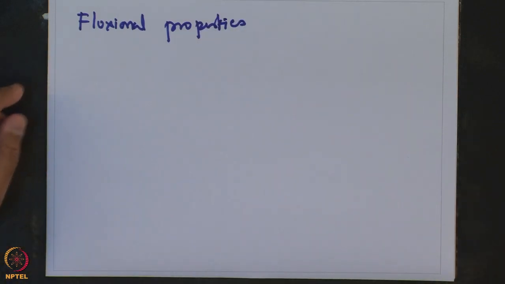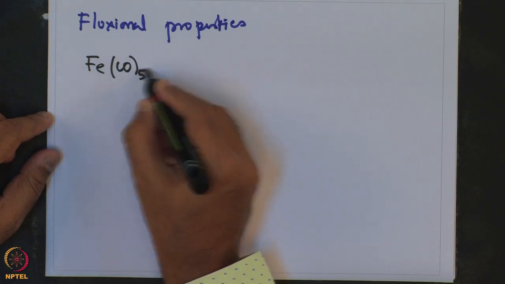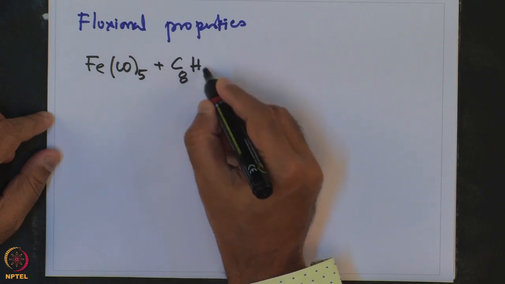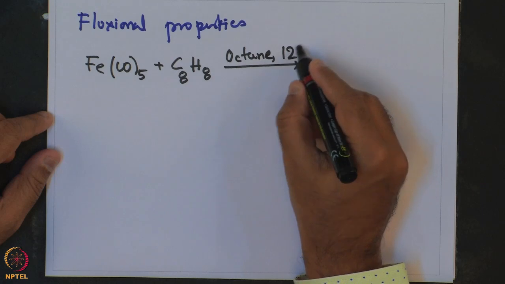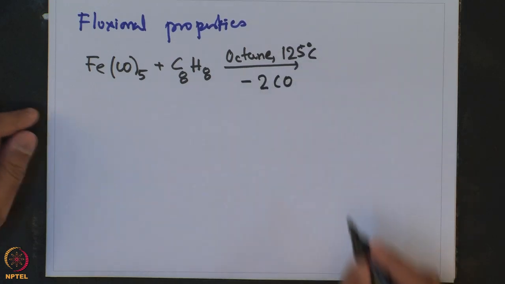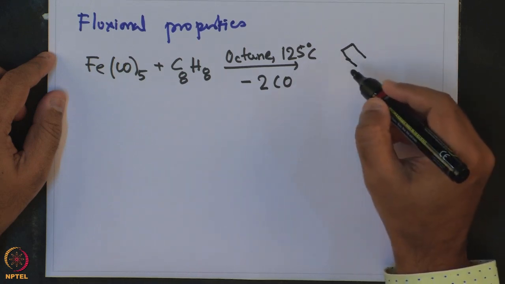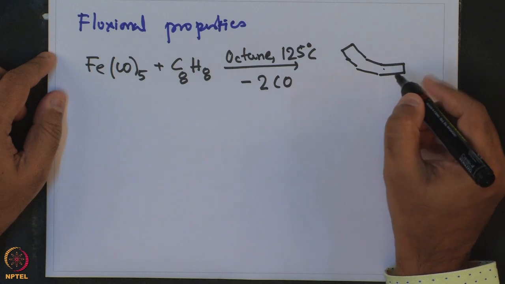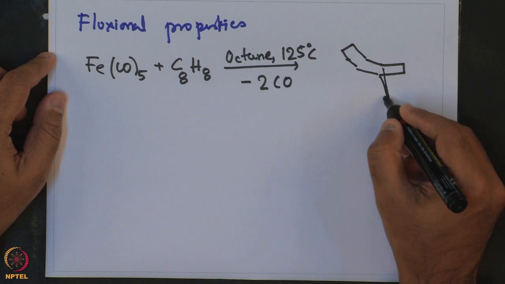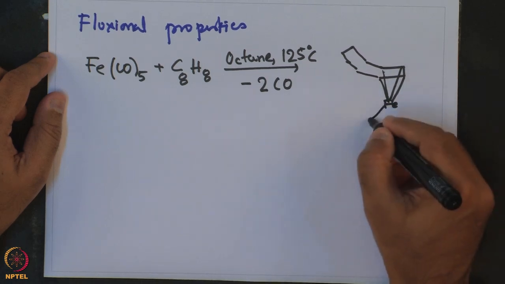In particular, the reaction of Fe(CO)5 plus C8H8 in octane at 125 degrees centigrade eliminates 2 COs to give this kind of complex where the C8H8 ring is bound in an eta 4 fashion to 3 CO molecules,